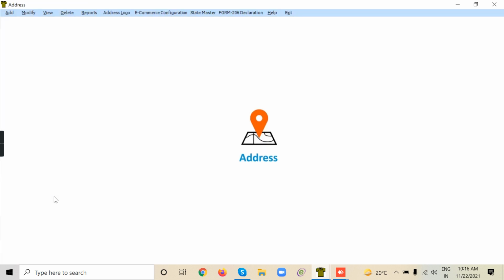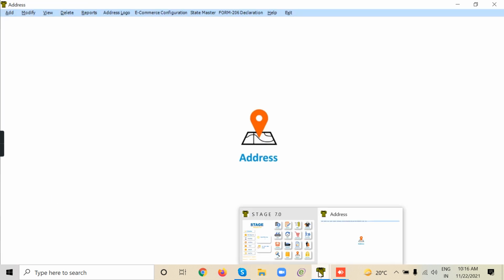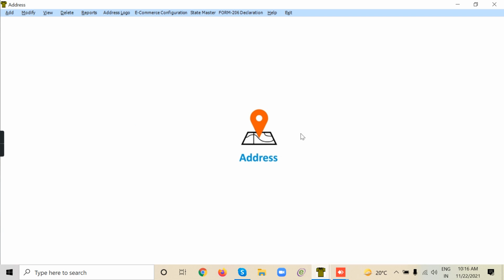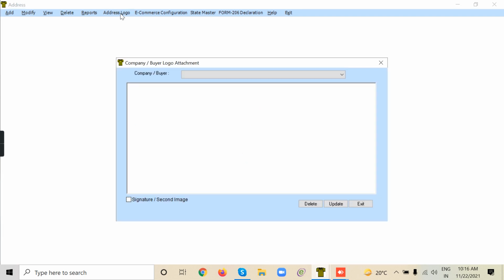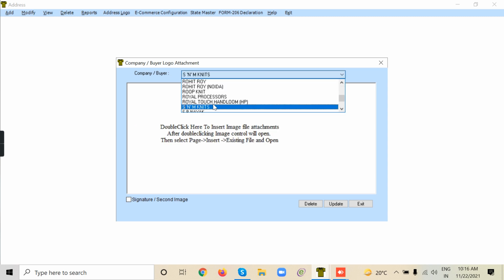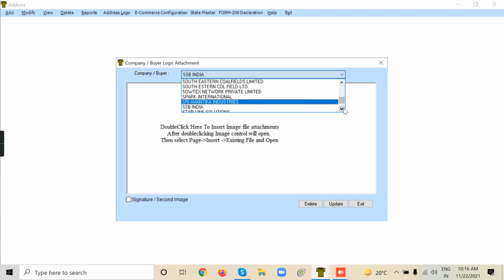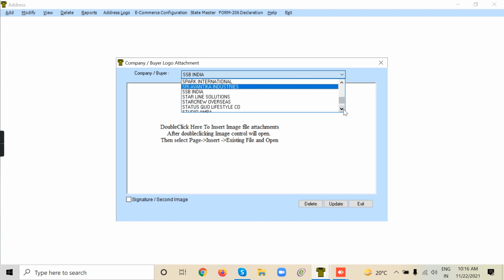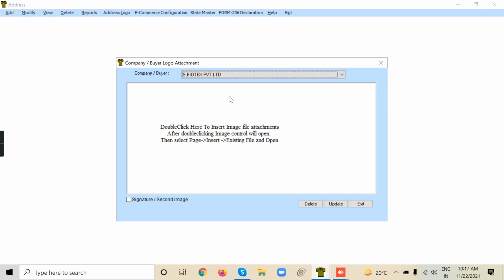Another thing I want to tell is, later on when you are free, in the address module, this address logo, you select Yes Biotex and double click here.